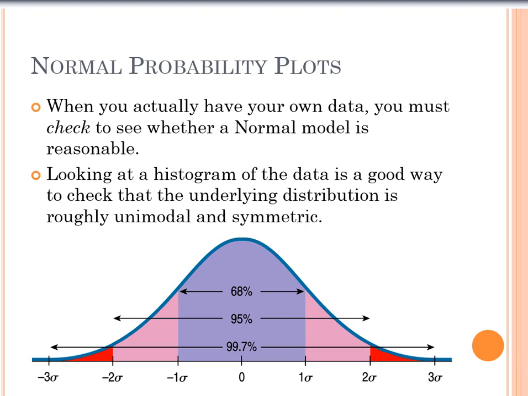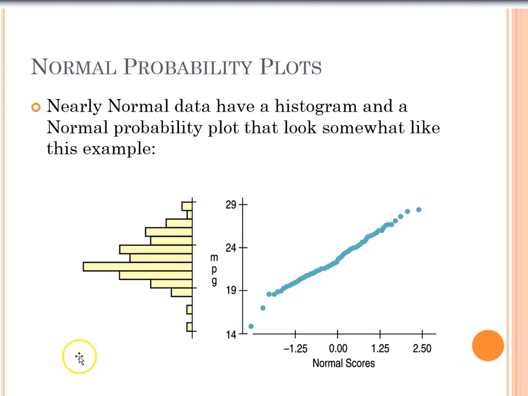A normal probability plot checks to see if your assumption of the normal model is a reasonable assumption. So here we have an example of a normal probability plot. What the normal probability plot does is it plots the z-scores to each observation of the variable that we're looking at. In this variable, what we're looking at is the fuel efficiency of cars. So we're looking at the miles per gallon of various cars that we've tested, and we've recorded the fuel efficiency